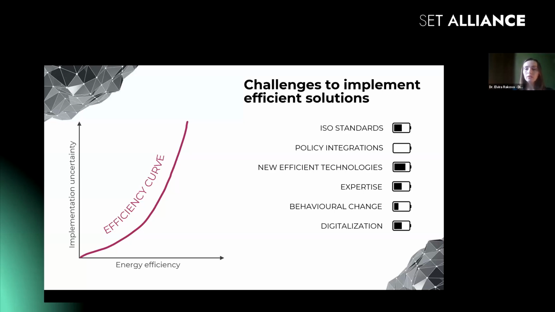And it's basically based on a few things. It has the integration of the ISO standards that might be also quite complex, policy integrations that there are not so many in our field, efficient technologies, again, they exist on the market, but they're not widely implemented. It's not the best practice. Expertise, so we have, of course, experts, but it's not that everyone who does the audits can actually handle complex solutions. Behavioral change,